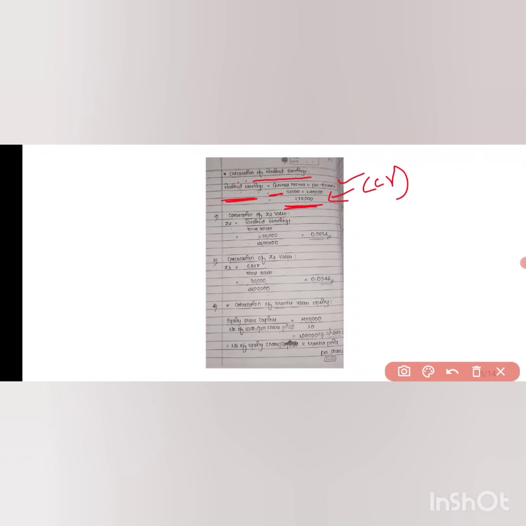And we know the value of total asset. We just calculated 26 lakh. So retained earnings are 1,70,000 and the total assets are 26 lakh. The value will come to 0.0654. This is the X2 value. Next we have to calculate X3.